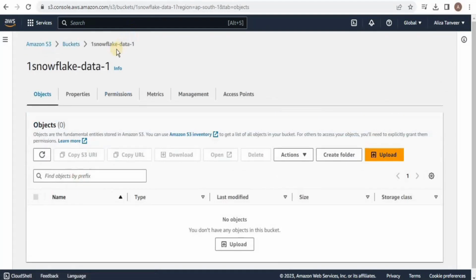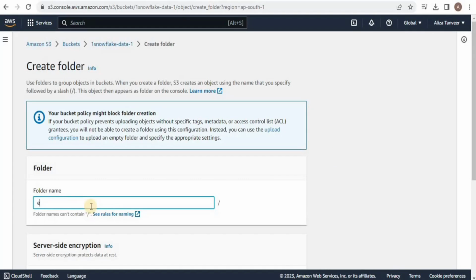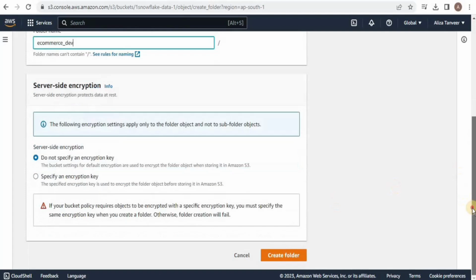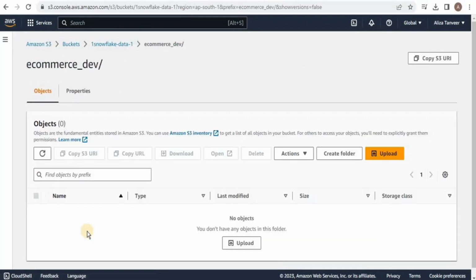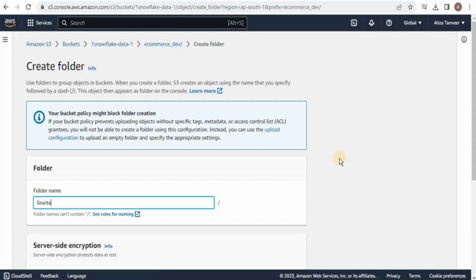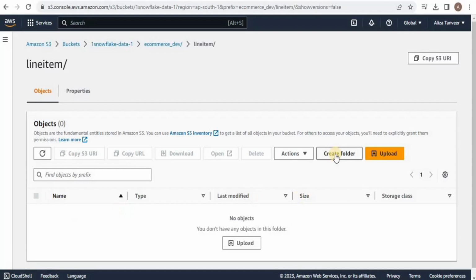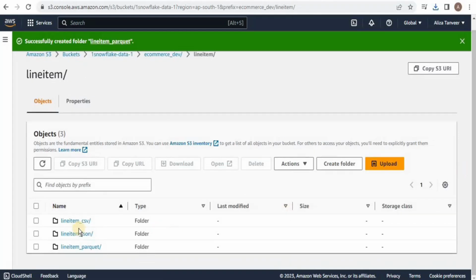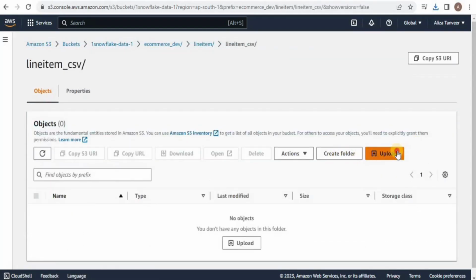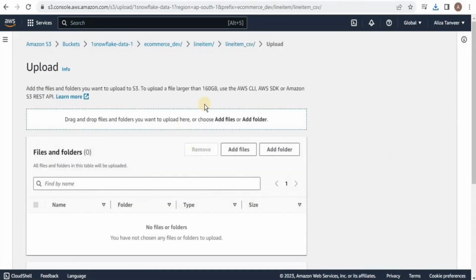So once our bucket is created, we'll go ahead and create different folders in it. So the first folder that I'm going to create, I'm going to call it e-commerce_dev. And then once that folder is created, then inside that folder, I'm going to create another folder and I'll call it line item. Once the line item folder is created, I'm going to go inside it and then I'm going to create 3 different folders for it, which are line item underscore CSV, line item underscore JSON, and line item underscore Parquet. And once all 3 folders are created, I am going to move into the line item underscore CSV